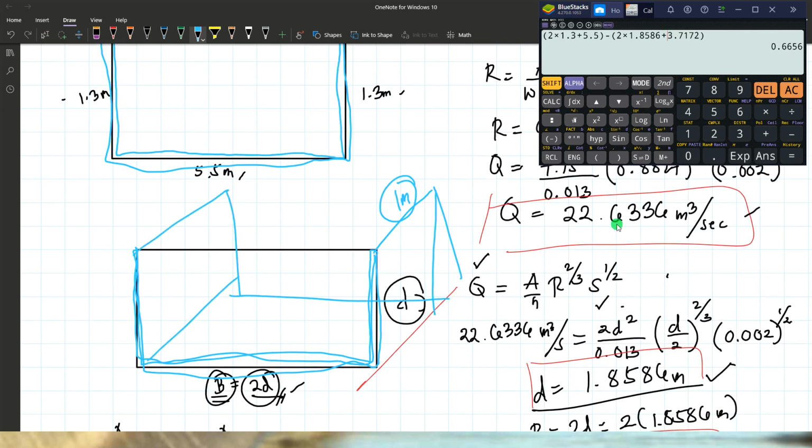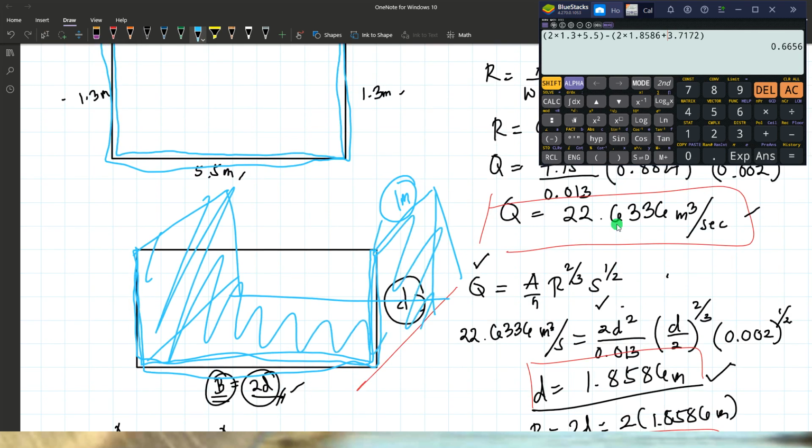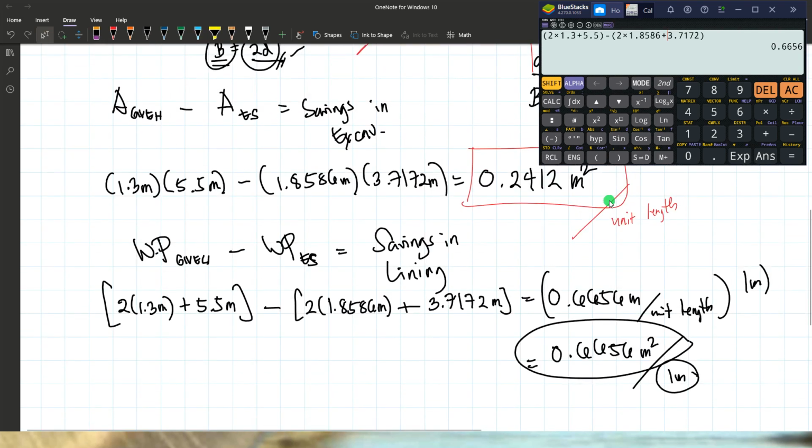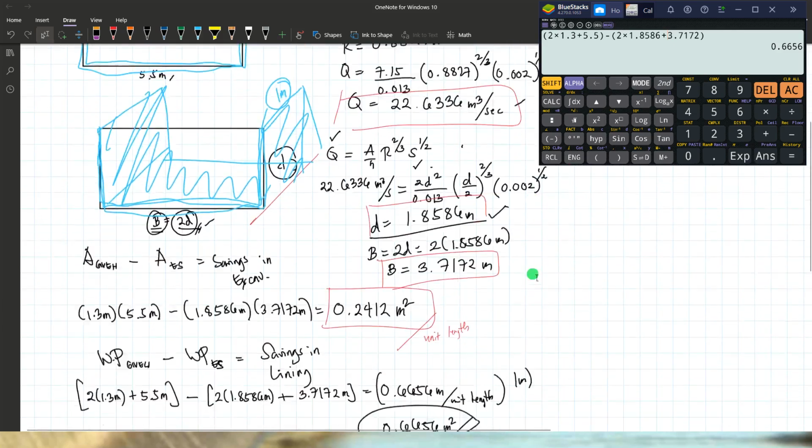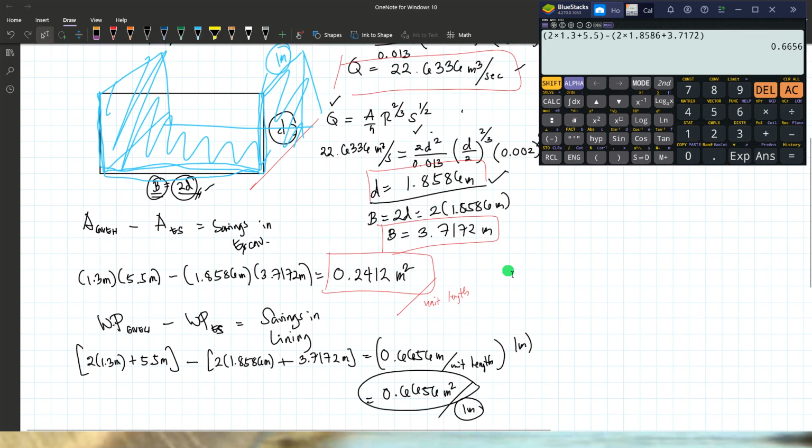Okay, the area of this lining. So we save an area of 0.6656 square meter. Okay, so next,